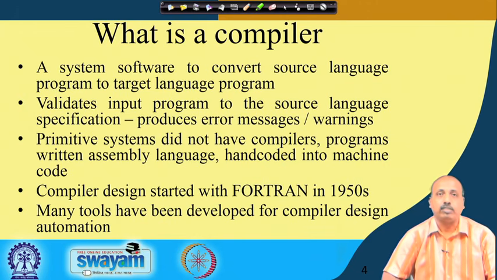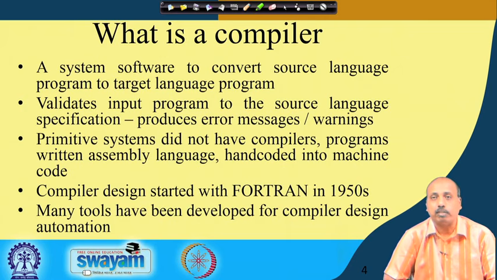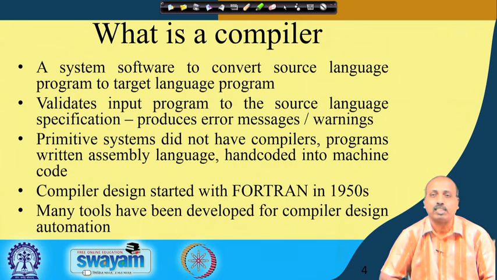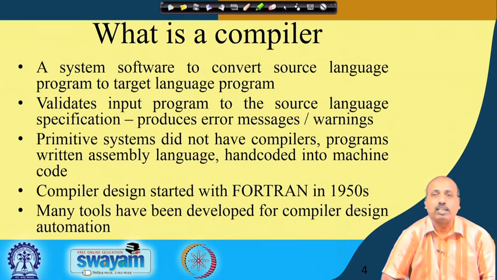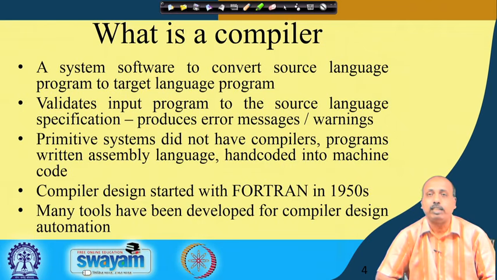So, what is a compiler? Let us try to understand what it is. A compiler is a system software that converts a source level language program into a target language program. The source language program may be some high level language like C, C++, Java, Fortran, Pascal. Now, how many different languages have been developed so far is innumerable. So, we cannot just go on giving examples, but we can say that for every language that you design, if we want the corresponding program to be executed by the underlying computer, it must be translated into some machine level code, and that has to be done by the compilers.